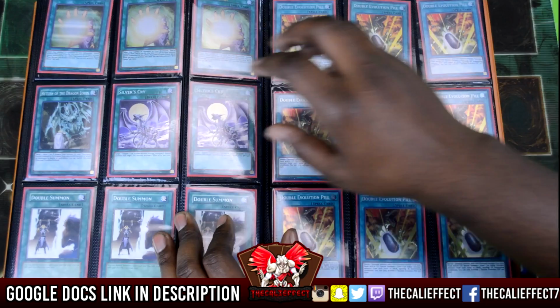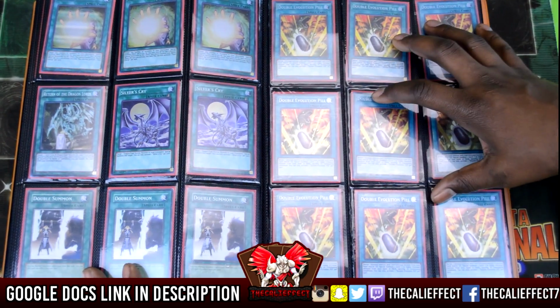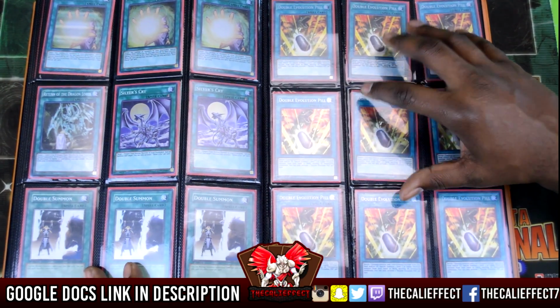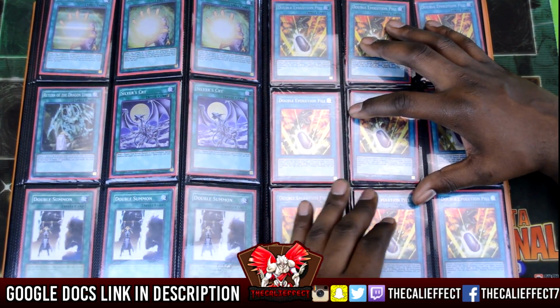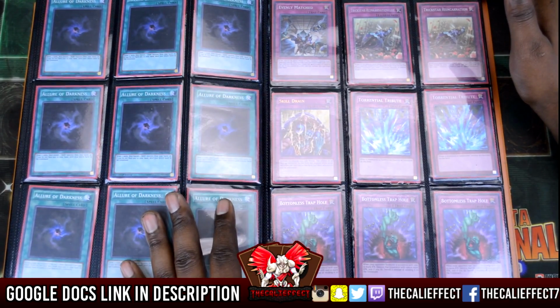To the next page, we have Soul Charge, Return of the Dragon Lord, Silver's Cry, Double Summons, and then Double Evolution Pill. This card is actually going up in price because of dinos, and dinos really make this card amazing in here. On to the next page, we have, of course, Allure of Darkness for days, and